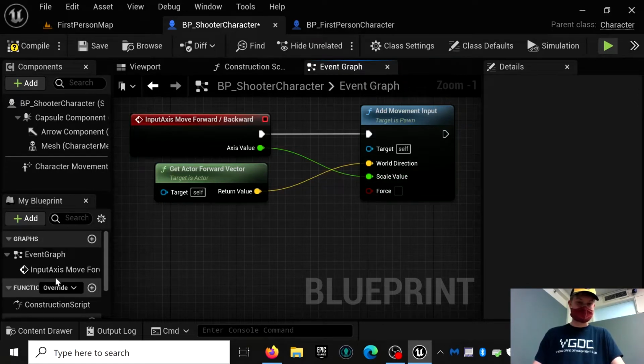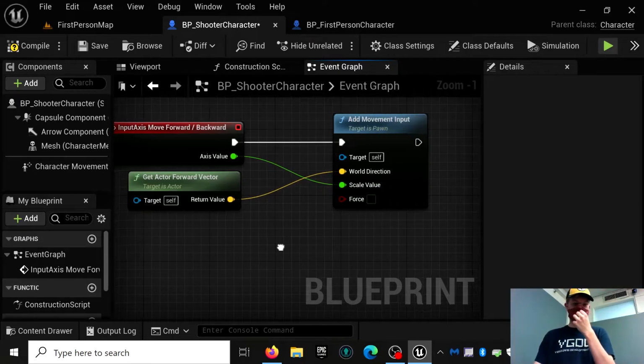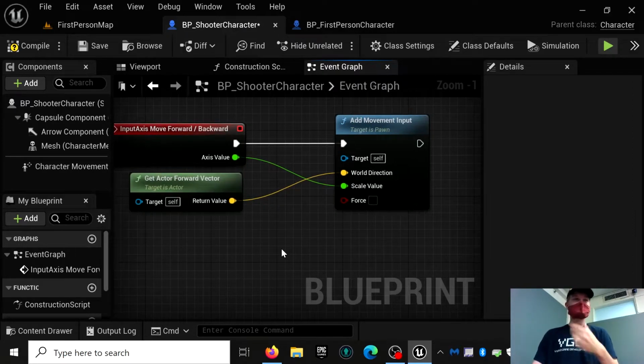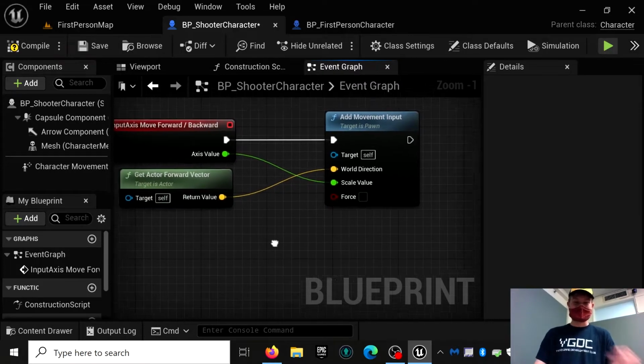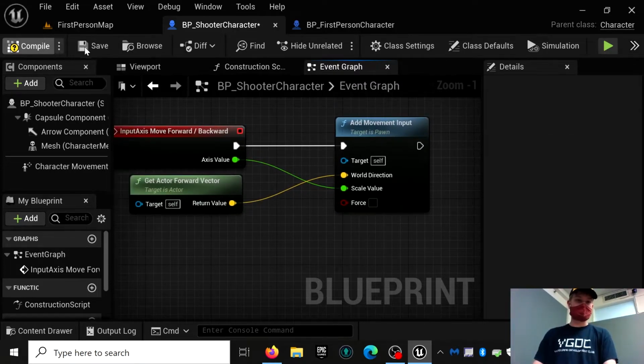So it's basically saying, say if you had a controller and you were only pushing it 0.5 of the way up, it would only move you 0.5 of the amount that you would move forward. It's also used when you press W, you get a value of 1. When you press S, you get a value of -1. So it tells it which direction to move. And also, I guess we aren't using the speed value right now. But so now we have forward